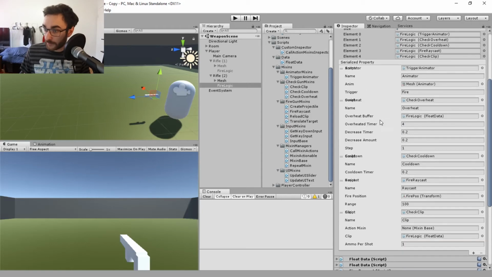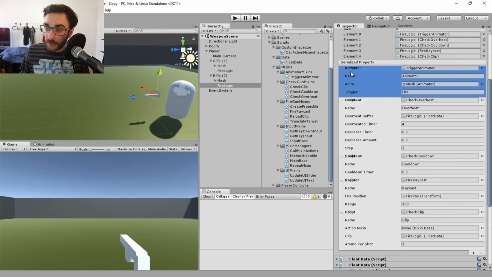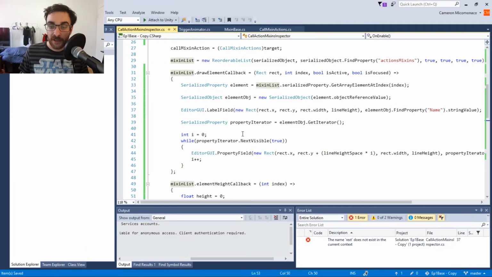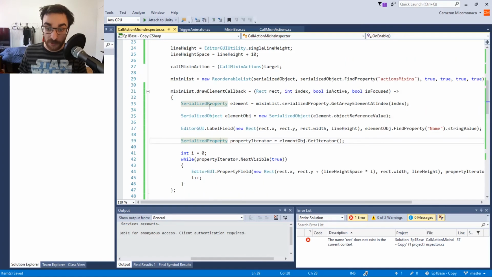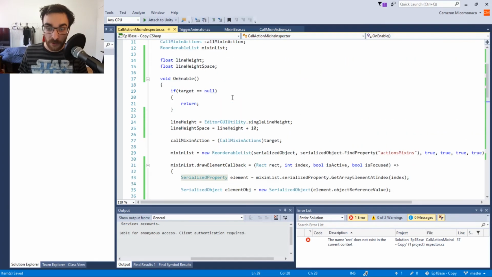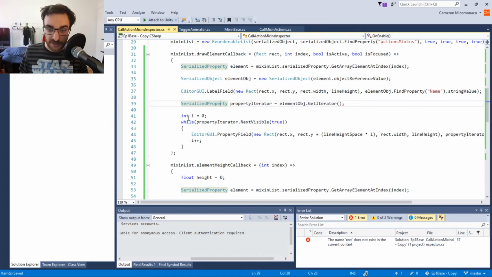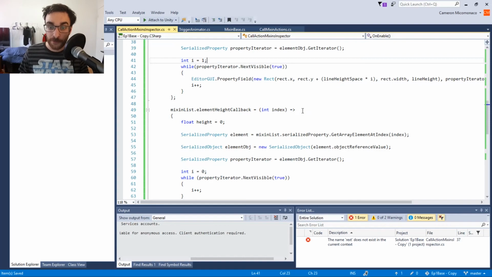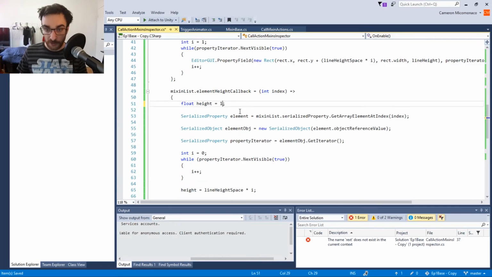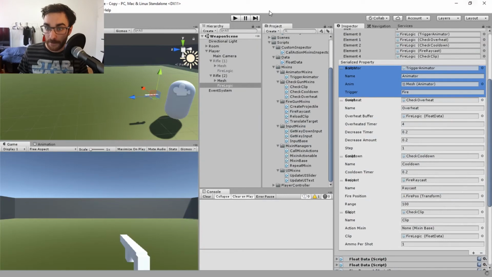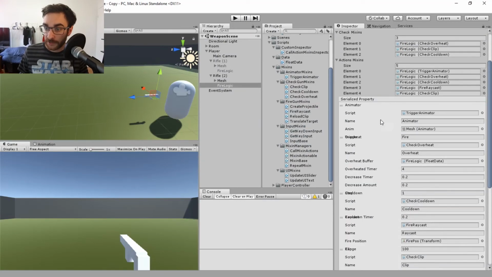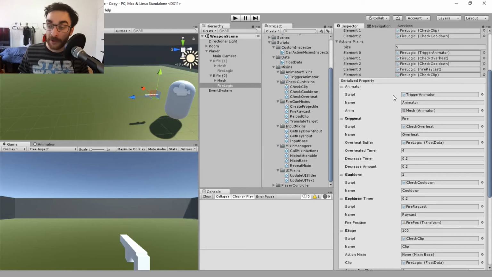And there you go. So now it looks really nice. You can see each of our... it's drawing my name property. Sorry, I'll pull this back. It's drawing my name property over my first child property from my iterator. So what I actually want to do here is set I to be 1 to start with. So then it'll start on line number 2, and same goes for here because we need to account for that extra height. And then when we draw it, so now we have our label here, animator, and then all of